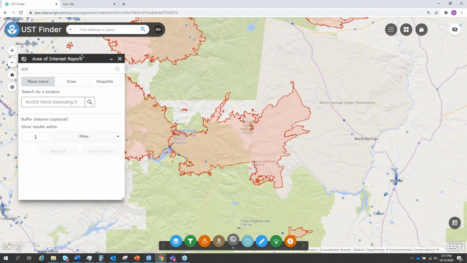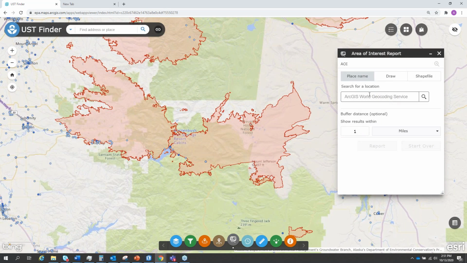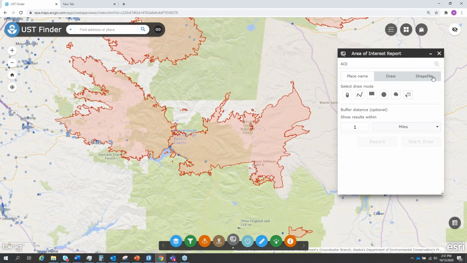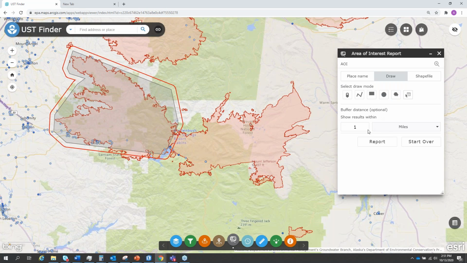What you can do is you can either upload a shapefile that defines your area, or you can just draw a polygon and say, I'm interested in this forest fire. Bear with my drawing skills here. And I can say, generate me a report showing all the releases and all the underground storage tanks within this perimeter.